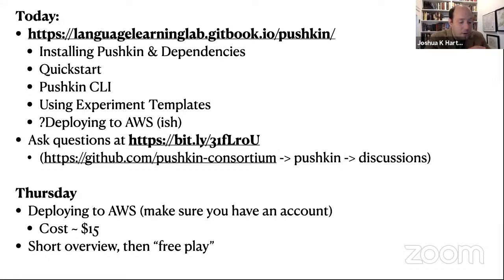So, people who have more high-level questions about running online experiments, or why you might use this platform as opposed to that platform, what the differences are, those go to the online experiments forum on the Moving Science Online website. This is not on the screen, but go to the forum we used during week 2. That's for general discussion of online experiments. If people have specific technical questions, how does this work, how does that work, I'm having a problem with this, how do I do this, how do I do that,